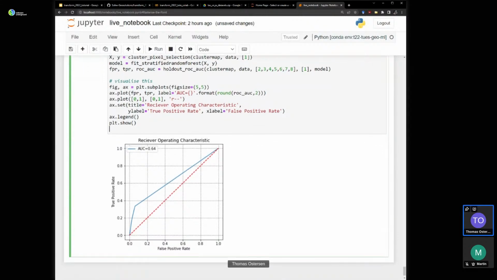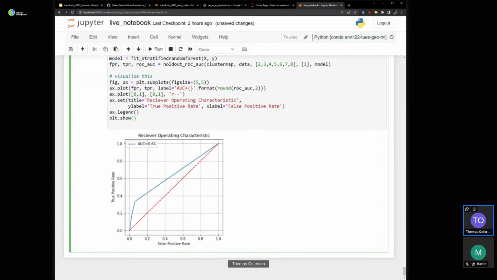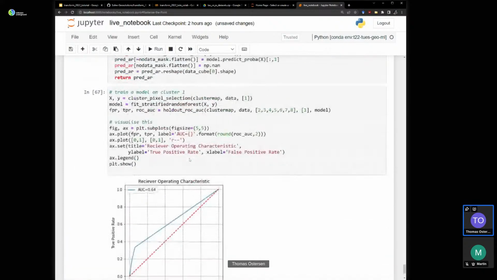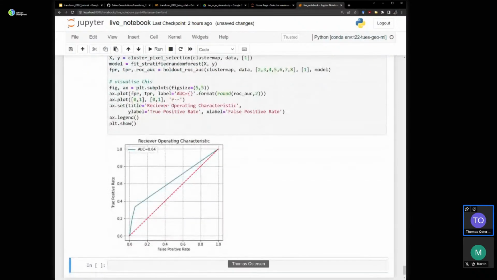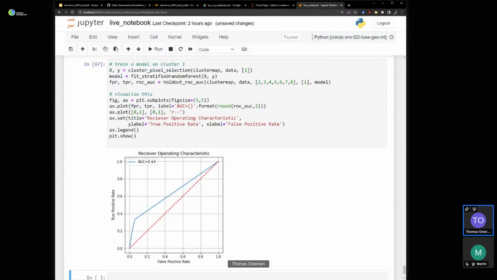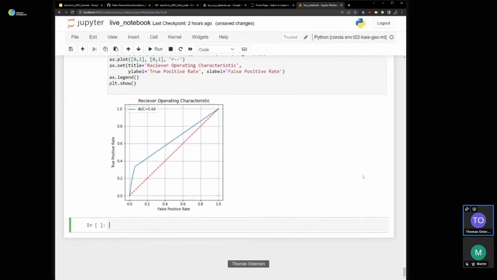I think what we should do next is loop through every single cluster of our occurrences, train a model that holds that cluster out, calculate our metrics for it, and then look at them. So let's go ahead and do that.